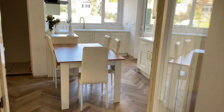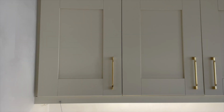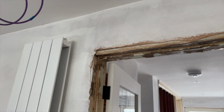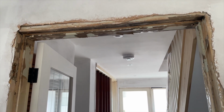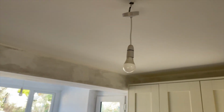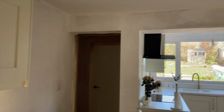And here it is. So it isn't finished because we needed to get the stuff we needed to use in before doing anything like painting or skirting boards, but it is in and usable. So you can see in the doorway there, that's pretty much that, and the other door out of the kitchen. That's all that's left of the evidence of the fire really in here. And then you can see data cables, lighting and stuff all done. And it does look pretty much like the plan